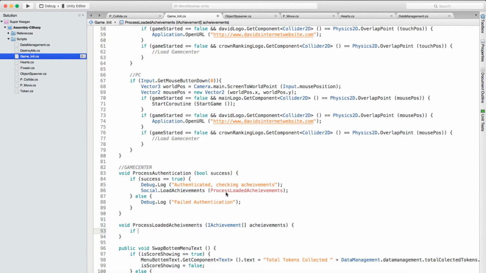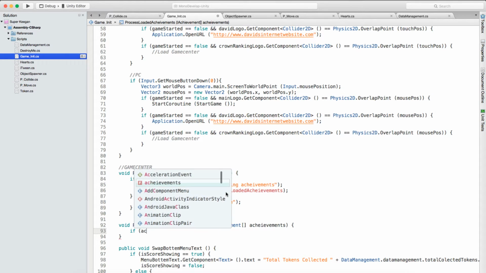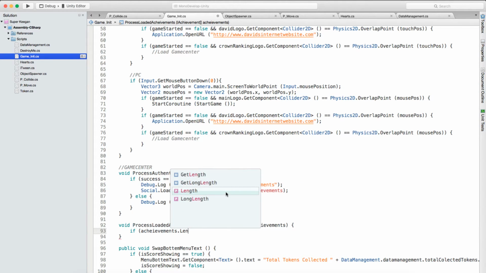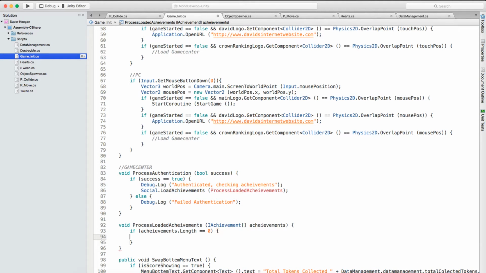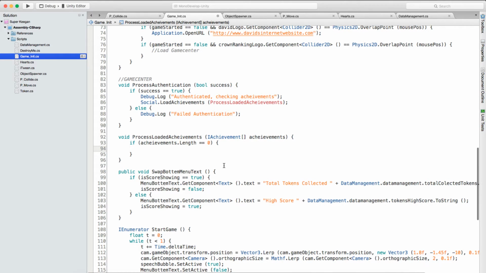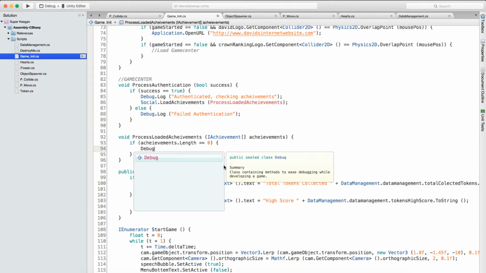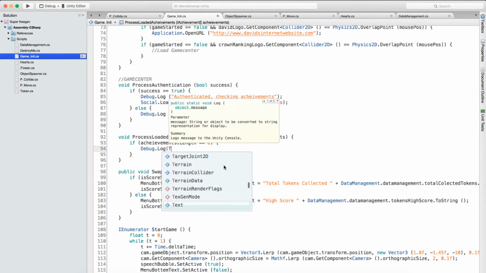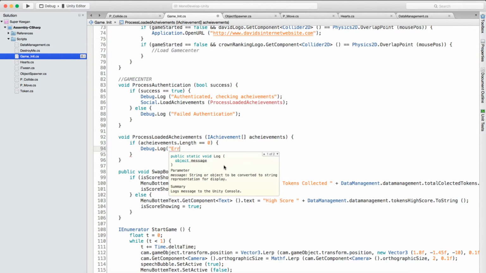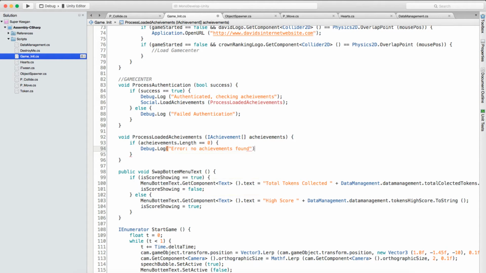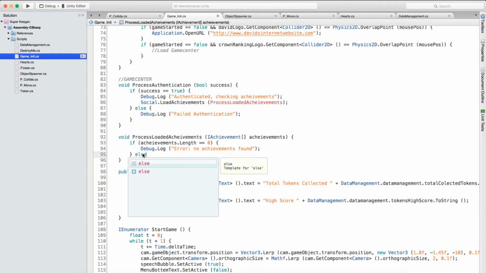And then we're going to say if achievements.Length equals 0, Debug.LogError: no achievements found. Else,